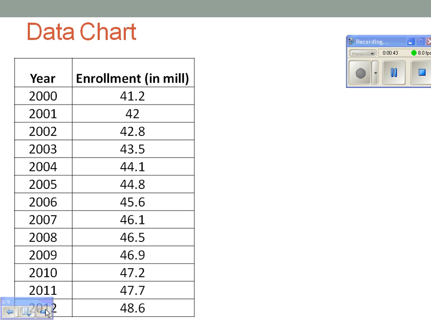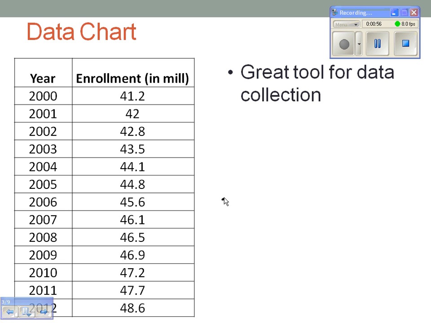All right, this is a data chart. This is not a graph. Please don't call it a graph. There are some good things about data charts, and some bad things. A good thing is that it's great for actually collecting your data. It's very organized. A bad thing,